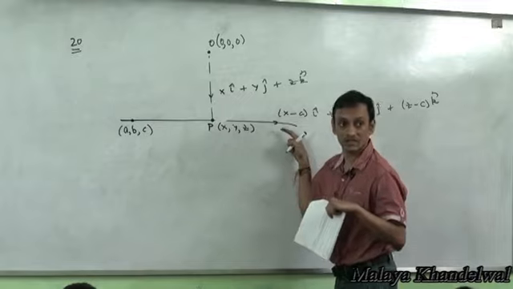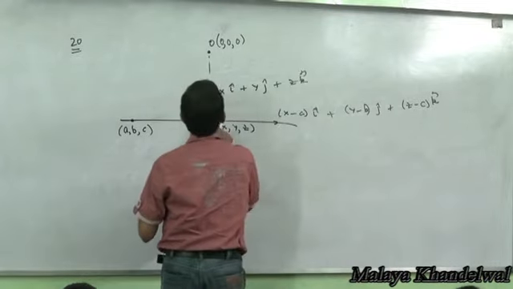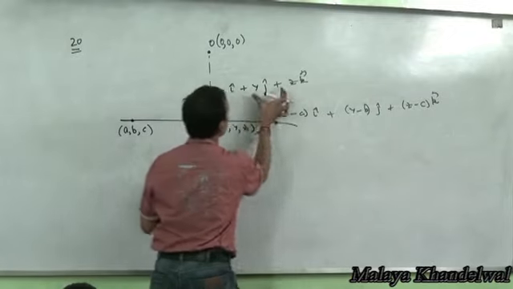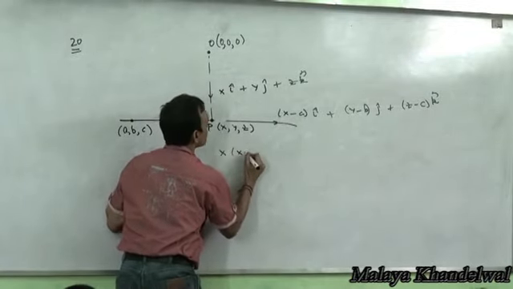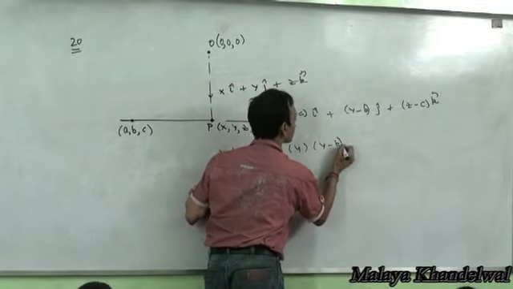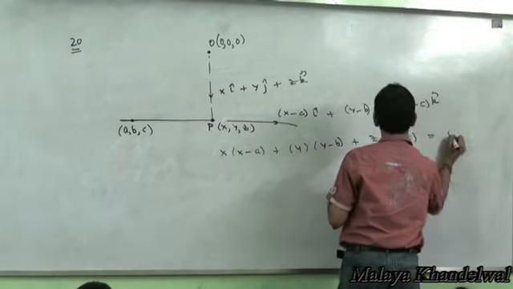That's a vector along the plane always, right, where x, y, z could be variable. And if this P is the foot of the perpendicular, then this dot this will always be 0, right? This dot this is 0, means x into x minus a plus y into y minus b plus z into z minus c is 0,